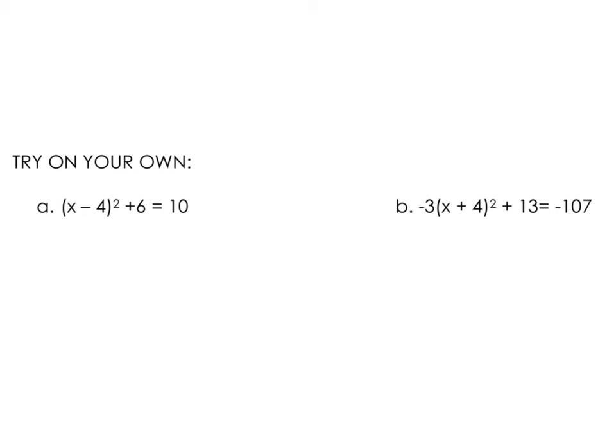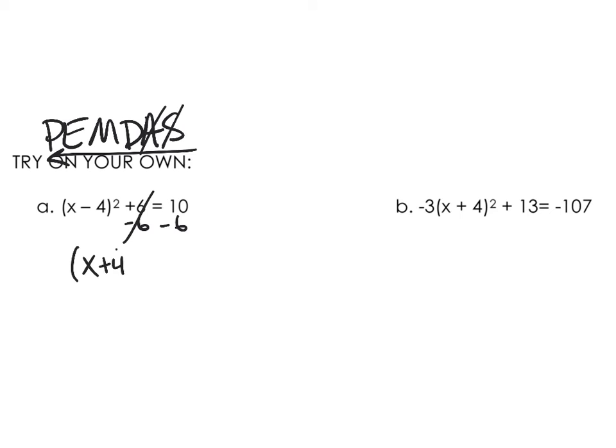Alrighty, on this last one, we're still doing that same process again and again. And we're going to look for, in this first one, do I have anything being subtracted? I do, but it's inside parentheses, so I'm not going to touch that minus 4. I do have something being added, so I'm going to subtract 6 on both sides, giving me x plus 4 squared equals 4. Then I want to look, do I have anything being divided? No. Do I have anything being multiplied? No. I do have exponents, so I'm going to get rid of that by square rooting on both sides,